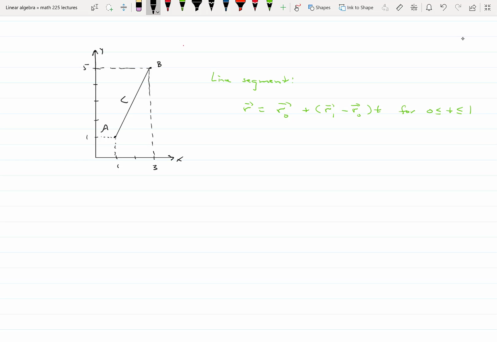So for our case, r equals the initial point (1, 1), which gives the initial position vector, plus r1 minus r0. The point B is (3, 5), the point A is (1, 1). So r1 minus r0 is a displacement vector from A to B, and that's 3 minus 1, subtracting the first components, 2, and 5 minus 1, 4,